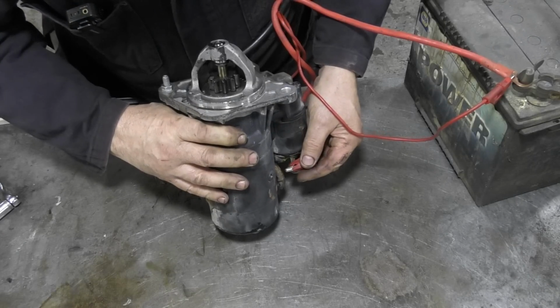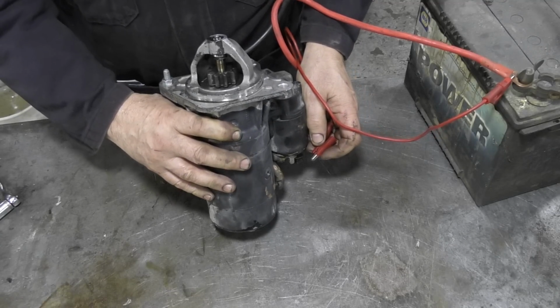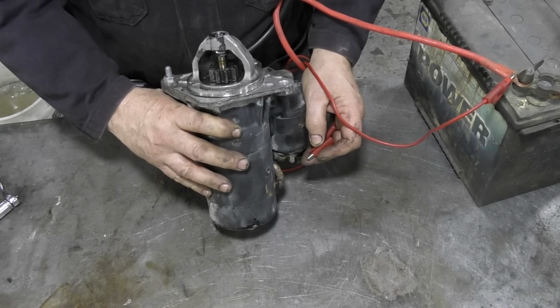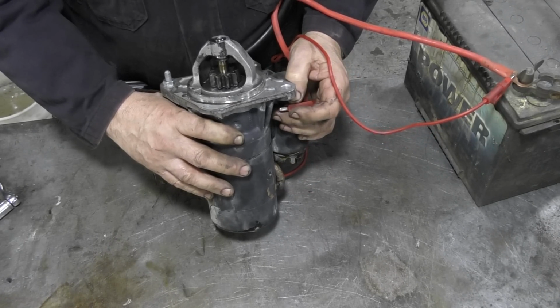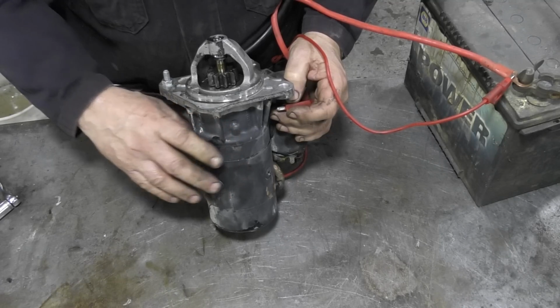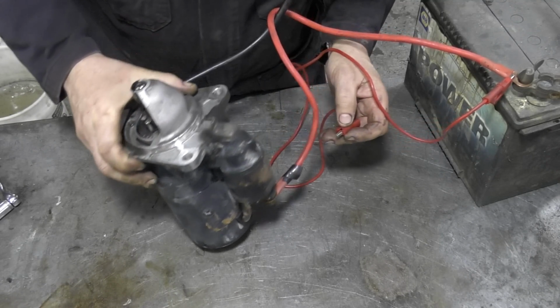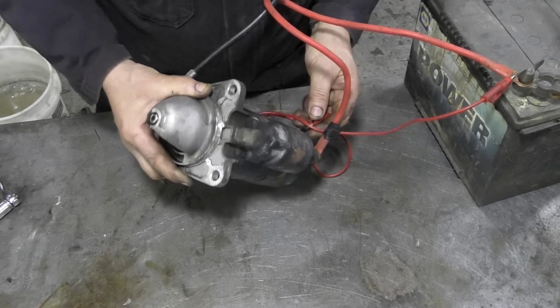Yeah, this battery's shot. I'll charge another one up for later. But did you see how when I touch this, it simultaneously turns and engages? But what's to stop it banging into the teeth of the flywheel? Well, what you can't see at the other side, there is another terminal coming out of the solenoid,